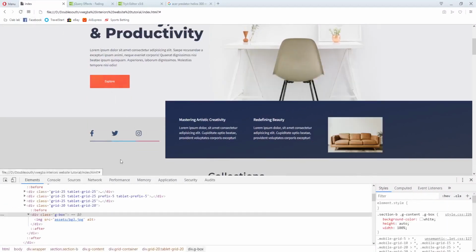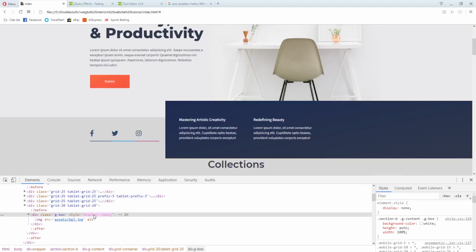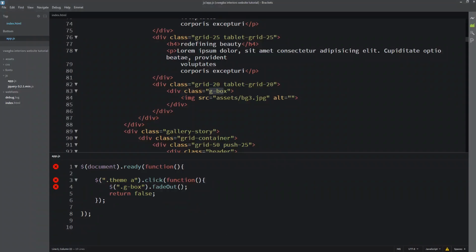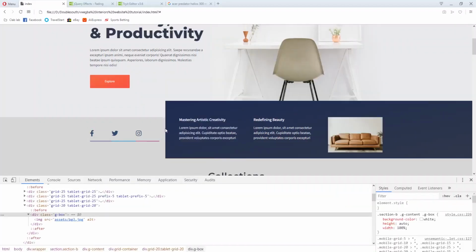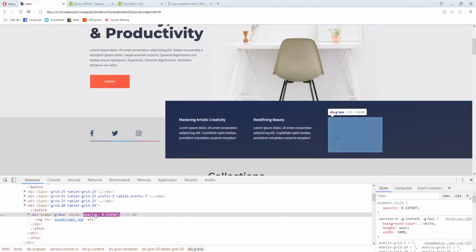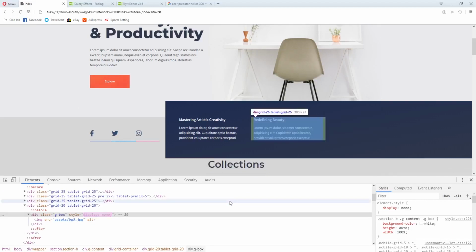I'll refresh, and if I click, see what happens. Just watch this place. You see the CSS styling appear, opacity and then display none. In fact, if we put a value here to set the time the animation will take, the time fadeOut will take, say 3,000 or 4,000, I'll refresh and click again. You see it fade until it says display none and does not show again. It's a nice transition effect.